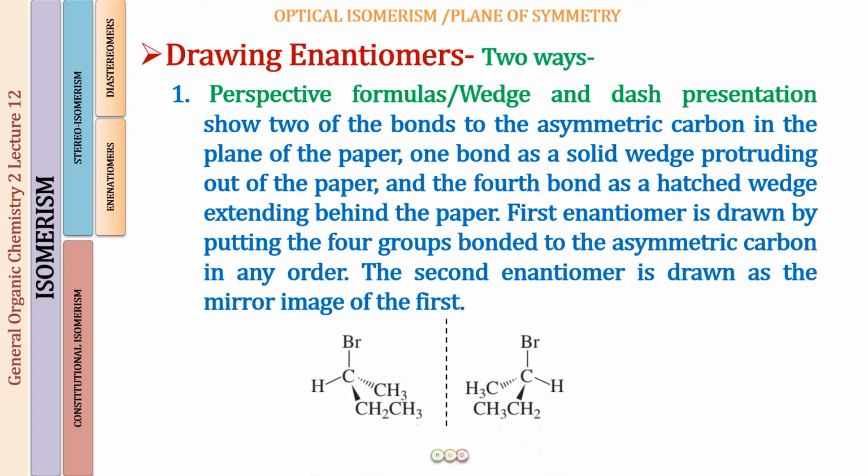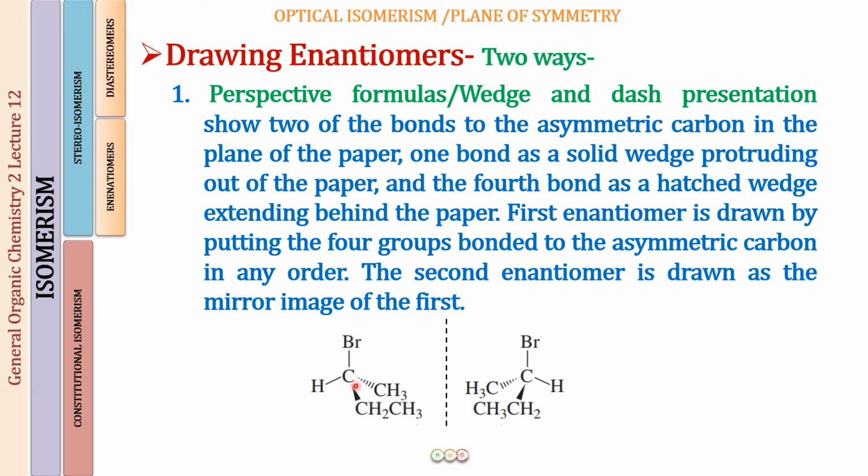And in this, if you look at the molecule given below, what you can see is that there is a carbon which is attached to 4 different groups. So this is a chiral molecule, right? And in this chiral molecule, how have we represented the 4 groups attached to this carbon? There are 2 groups which are simple lines. These mean that this carbon, this bromine, and this hydrogen are on the plane of paper. So the carbon along with these 2 groups are present on the plane of paper.